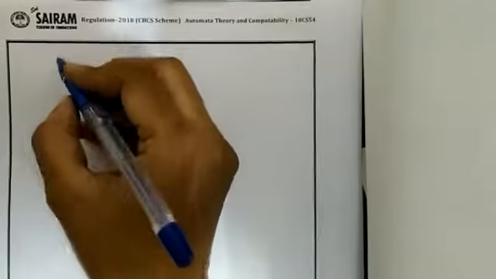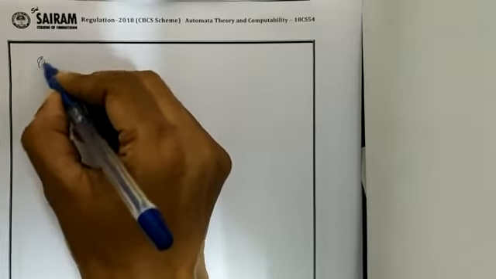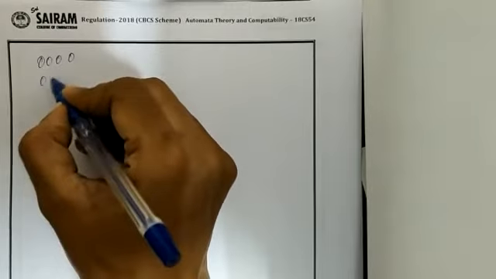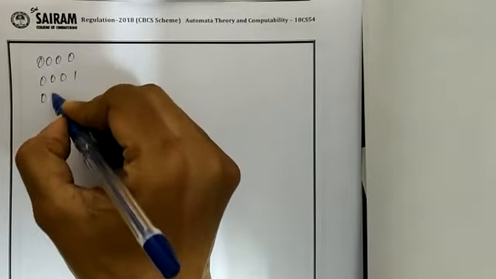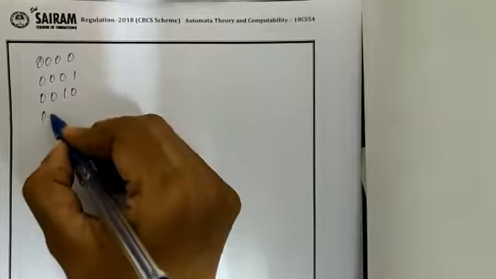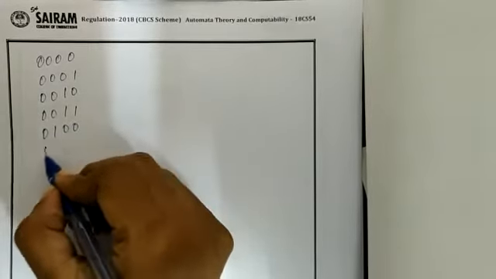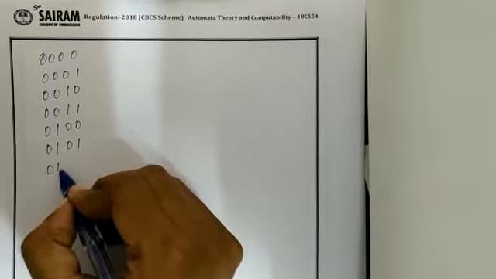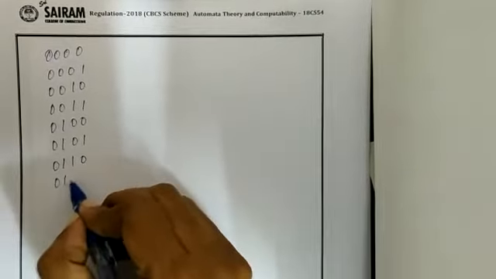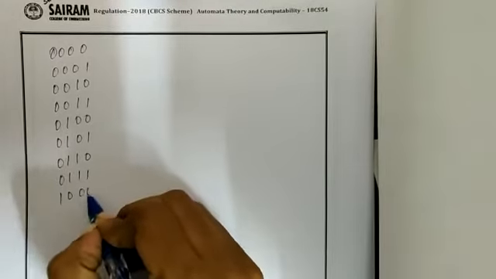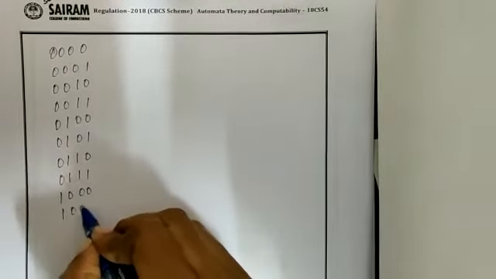So I'll write all the possible combinations of a 4-digit number. So 0000, 0001, 0010, 0011, 0100, 0101, 0110, 0111, 1000, 1001,